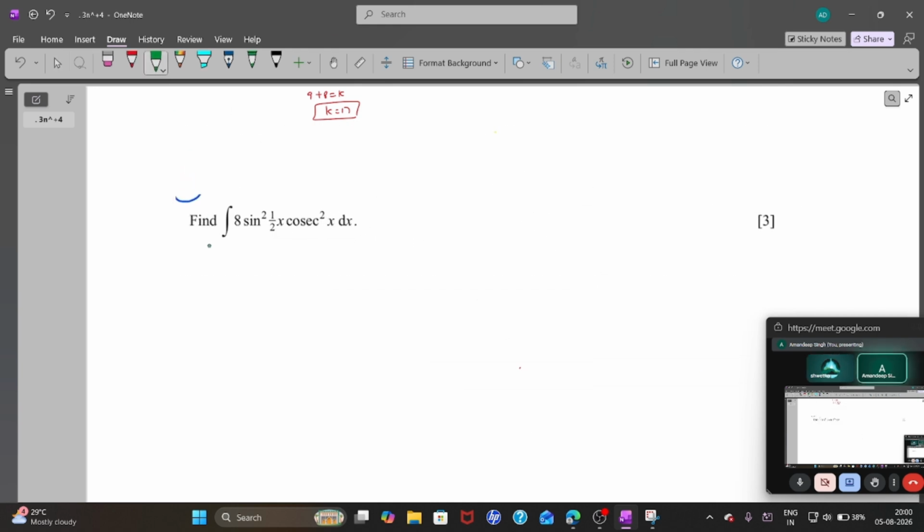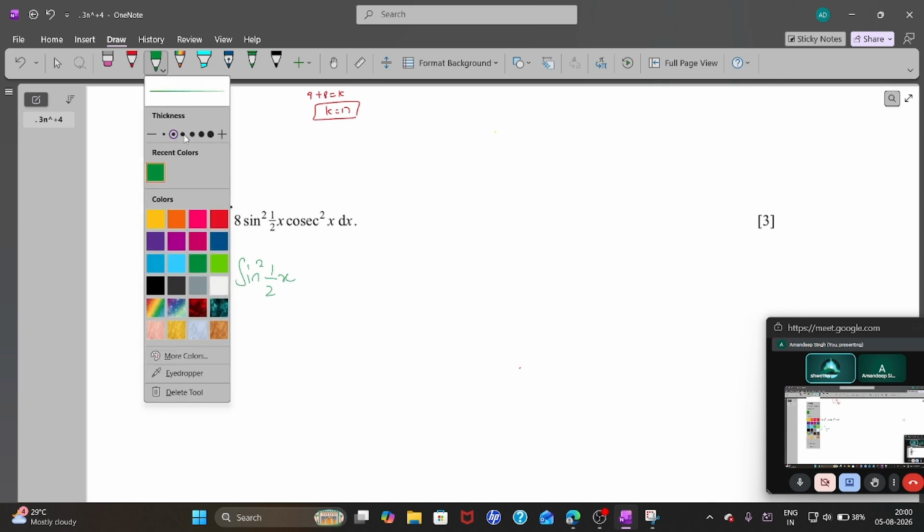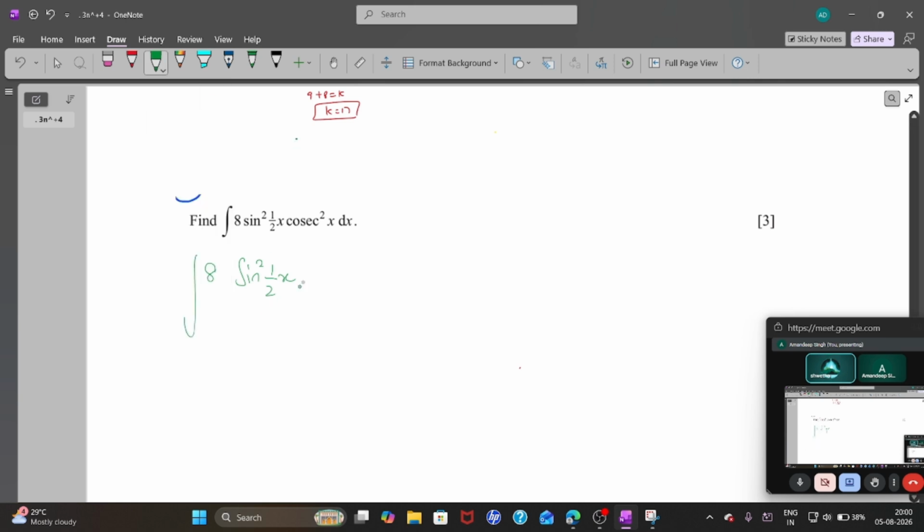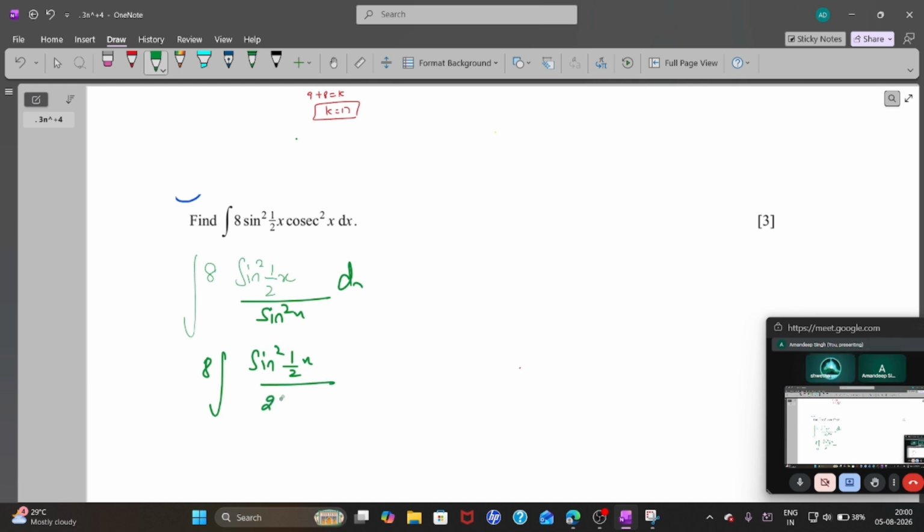So for this question, what we do, we write first 8 sine square half x, and we write cosecant square x as 1 over sine square x, dx. And then what we do, sine square half x, and for sine x, we write 2 sine half x and cos half x